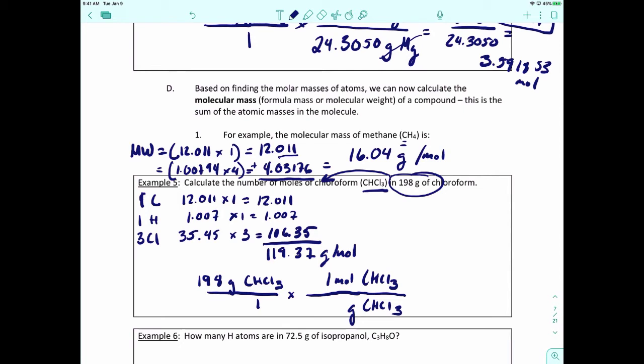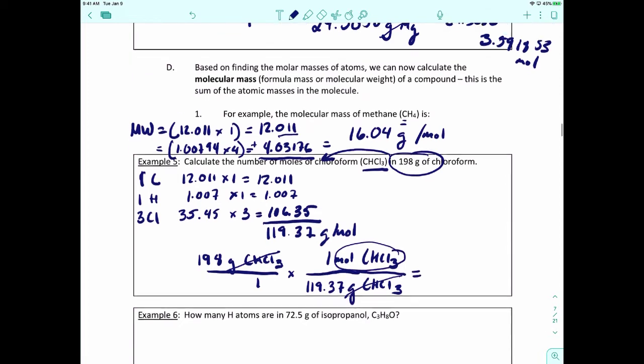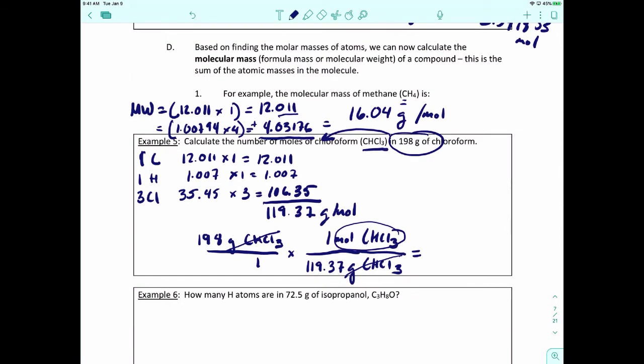So I'm going to use that molar mass that we just calculated, 119.37. I put that at the bottom, so that way the units cancel out, and the unit that we're left with is moles of chloroform. All right, so if I take 198, multiply it by 1, and then divide it by 119.37, I should get something like